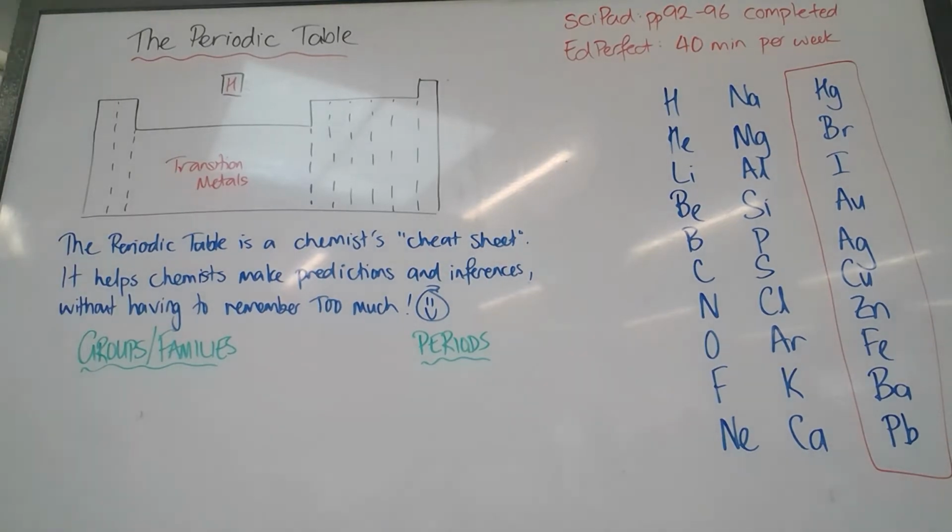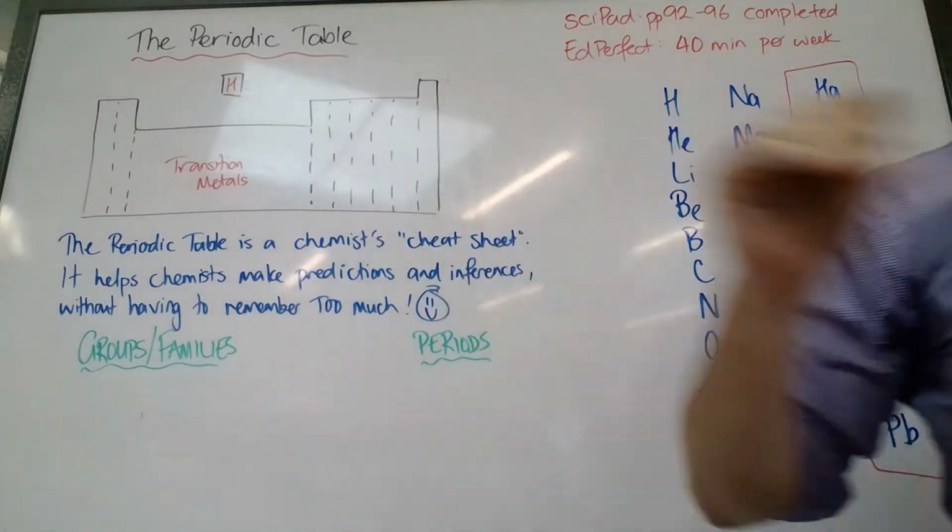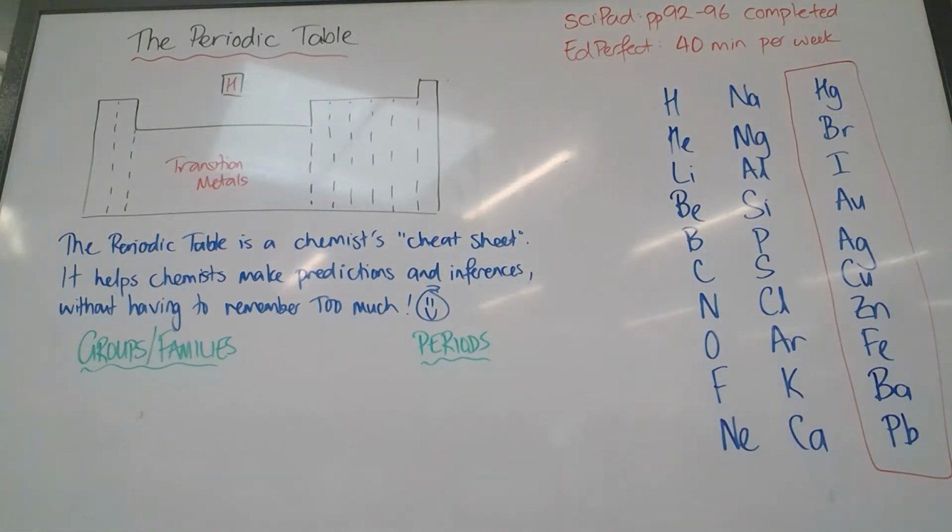Okay, so in chemistry, we potentially have a lot to learn. There's about 120 elements, just shy of that. And if we were to know everything about every one of those, it would take forever to learn. Luckily, what we do have is an organization in our periodic table that allows us to just learn about a few elements